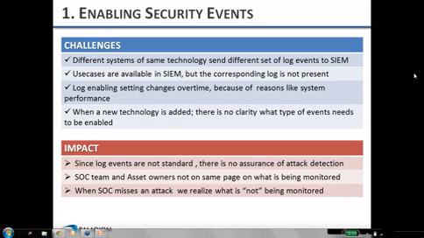Depending upon the environment, we have different sets of logs that are enabled, which are collected by SIEM. So that's the first challenge that we face as part of log collection. The second challenge is use cases are available in SIEM, but the corresponding log is not present. So we say that we have all the related use cases, the vendor and the MSP has provided a lot of use cases, but